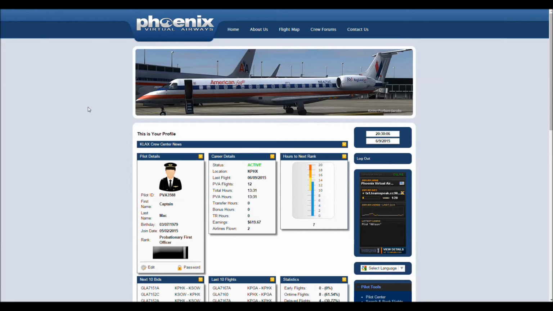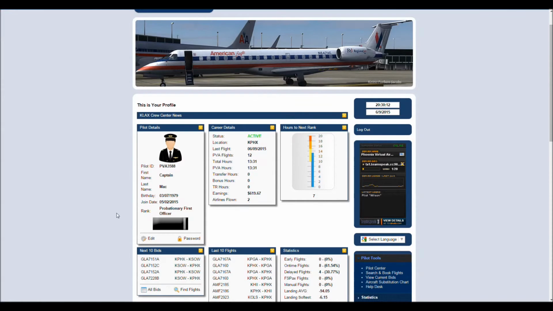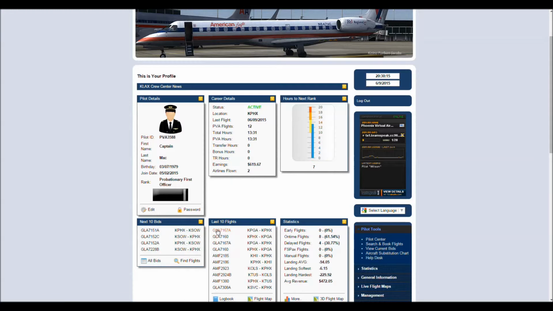All right, here we are back on the website, and as you can see, it still shows us as having 7 hours to go, but our location is at Phoenix, and I'm going to show you why. Here's what's going on with this right now. If we take a look down here, Great Lakes Airlines Flight 7167A, that's the flight we just flew, and if we look at our pilot report, click on that,